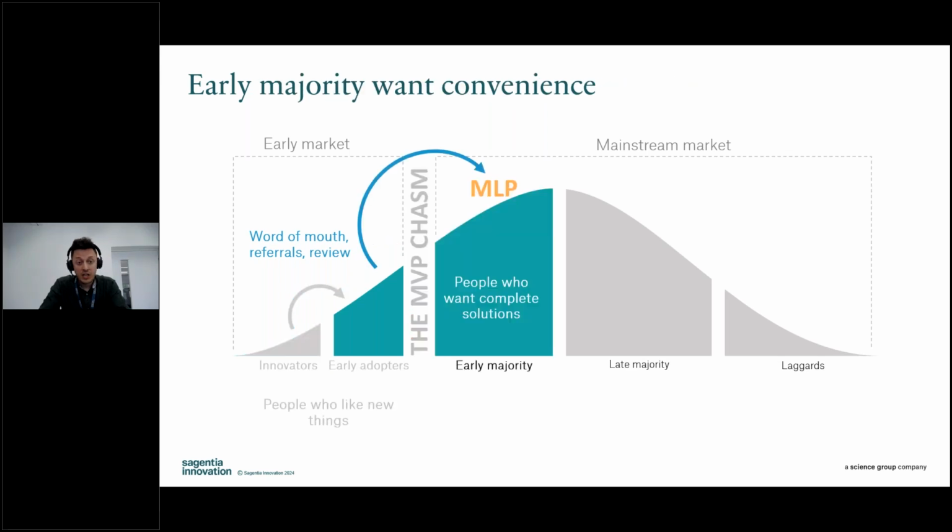And that's because the early majority want convenience, and this is where a minimum lovable product can really shine. These people want complete solutions. They're not happy to compromise. They want to enjoy a usable experience, not just tolerate something. And you'll see this a lot with the distinctions of why things like the LG or the Sinclair C5 that I shared, they were not complete solutions. They had a lot of teething problems that just did not gain traction with the early majority. That's why they failed on market.